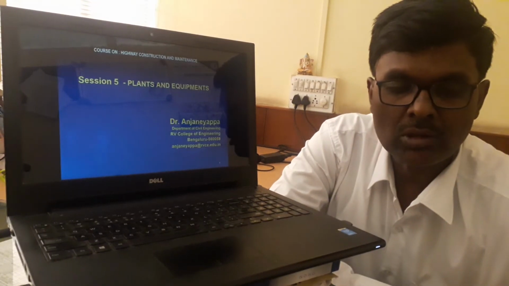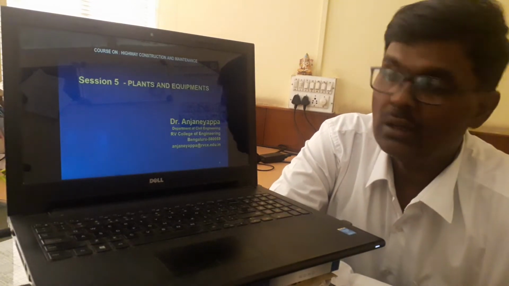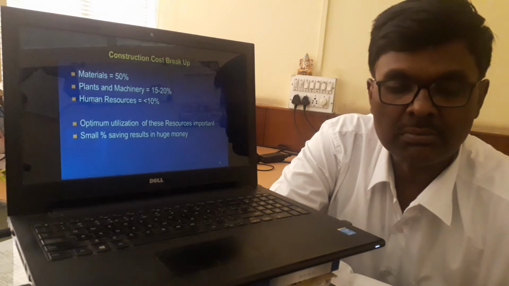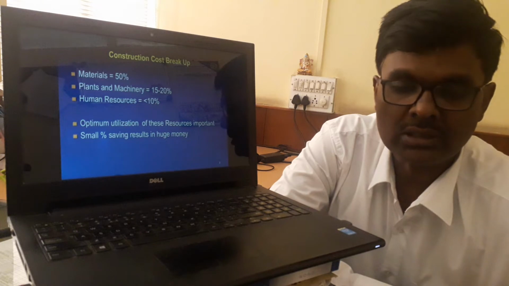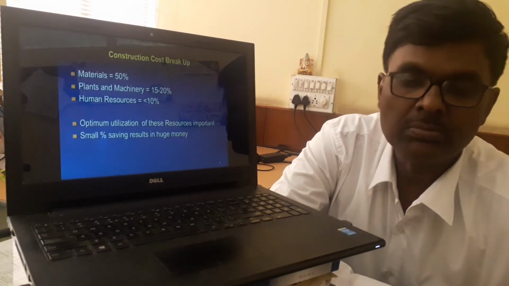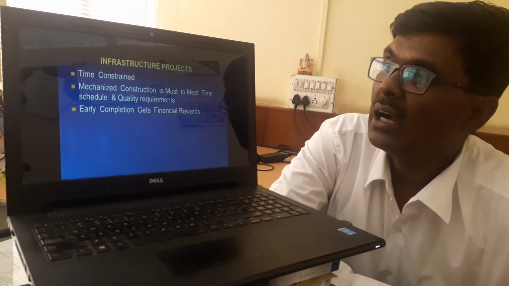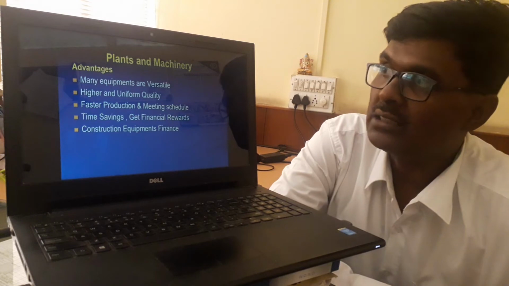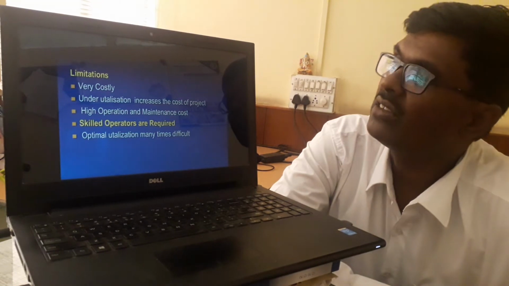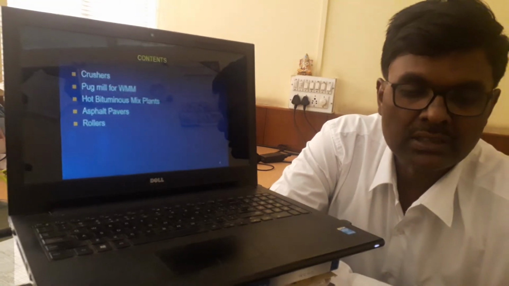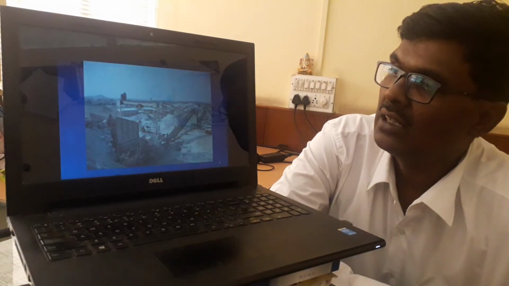We were discussing the plants and equipment in our earlier discussions. We discussed the importance of plants and equipment. As discussed, the cost component in a highway project with respect to plants and equipment is about 15 to 20%, and the advantages of plants and machinery we had discussed. Some of the limitations also we have discussed, and then we passed on our discussions to the crushers, and we